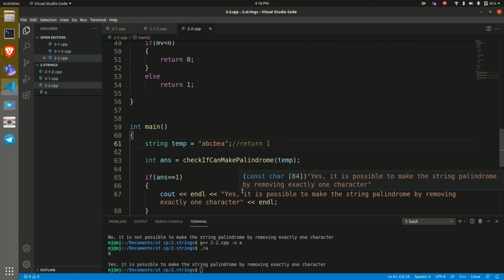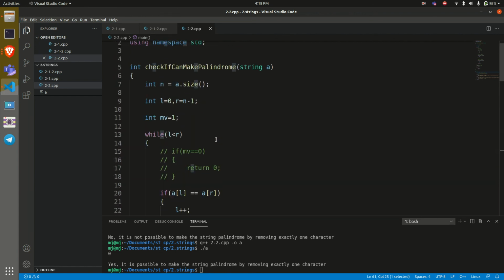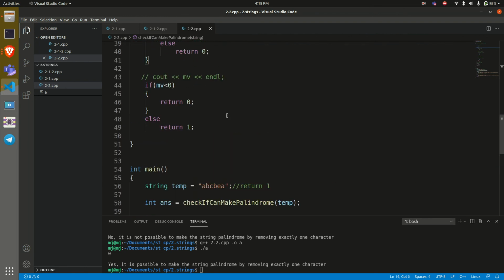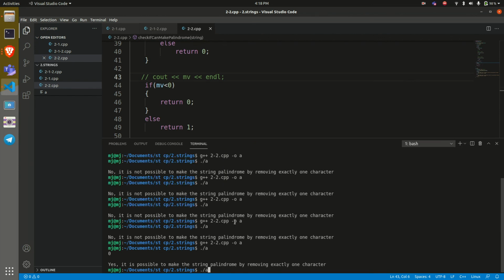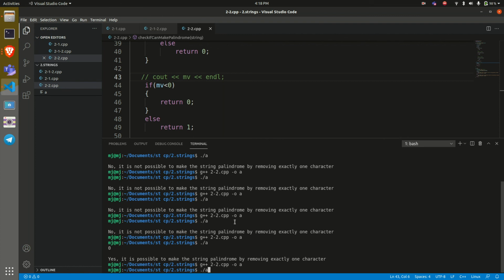Here we are removing this and MV becomes 0 before completing the string, that is inside here as well, and because of this condition, the code was not functioning well. This is how you should debug your code. I just checked the value of MV and then I understood what the actual error was. Now our code is perfect to run for each and every string.